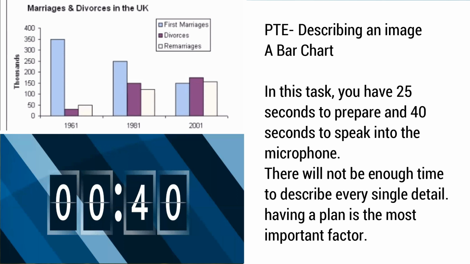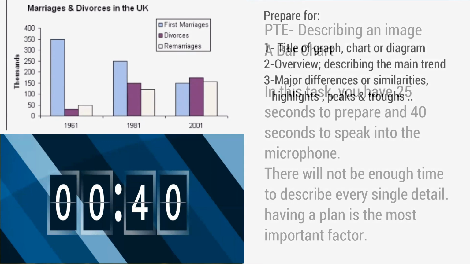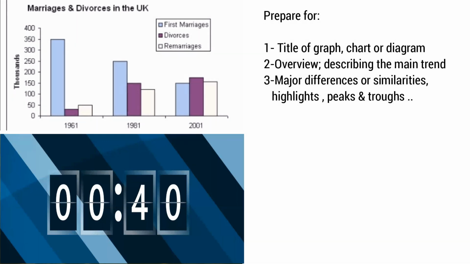Now, whether we have a bar chart, a graph, or a diagram, we will divide our sentences into three parts. The first part is going to be the title of the graph or the chart. The second stage would be the overview. This is where we describe the main trend in our diagram. And the third part is to talk about or identify any major differences or similarities. Perhaps there are peaks and troughs, that's the high point and the low point of a graph, or anything that